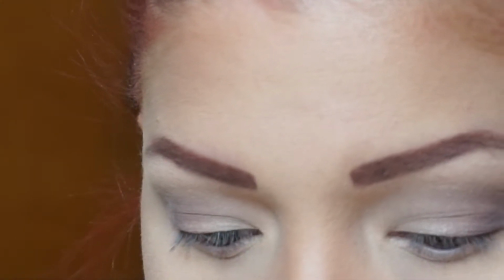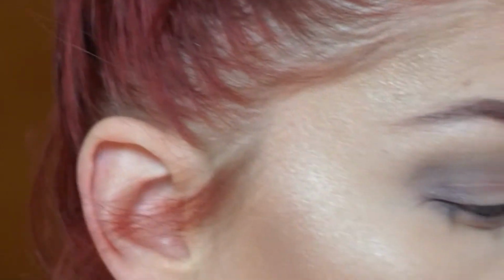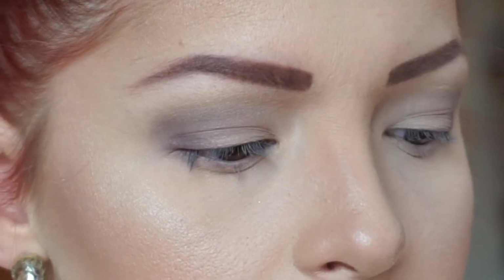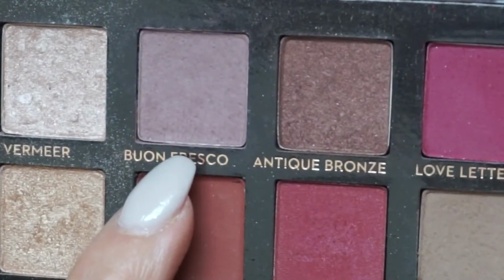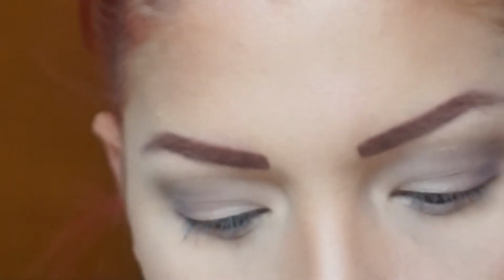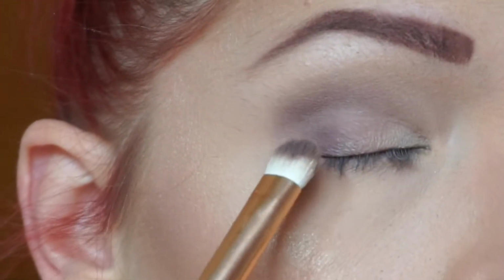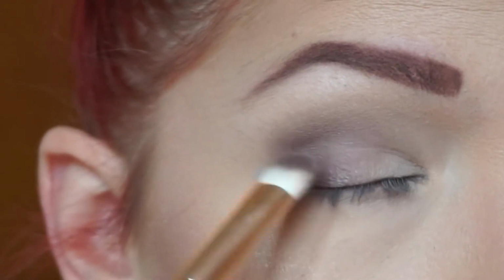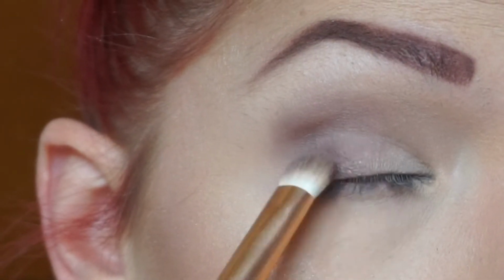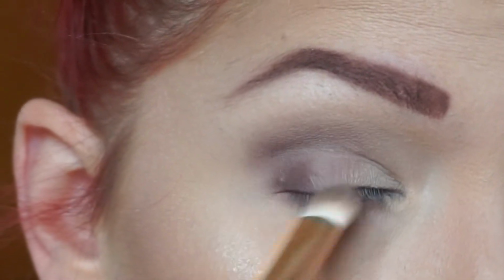Alright, so now we're going to go with an even darker color. Since this is a bridal look, we'll go in with Antique Bronze. It's right beside the Bon Fresco. So we're going to go in right here. And I'm using one of the Morphe brushes that came in the Christmas collection this past year. So it doesn't have a number. I don't know what the number is. But you can see it's just kind of like a flat brush. And same thing, I'm just going back over